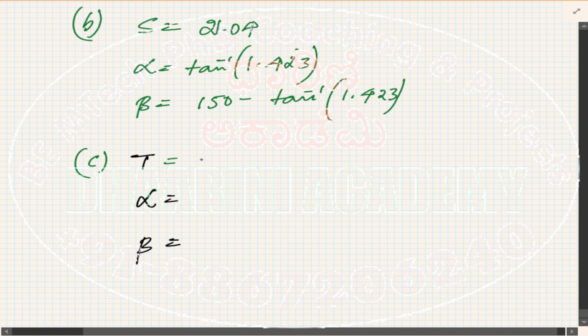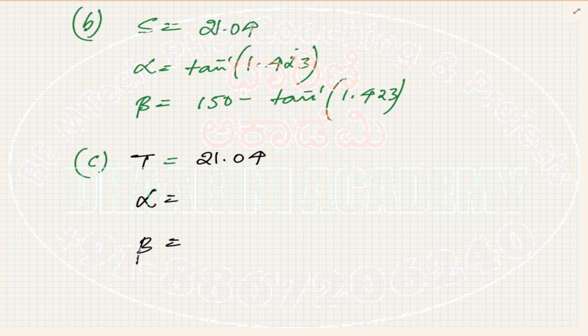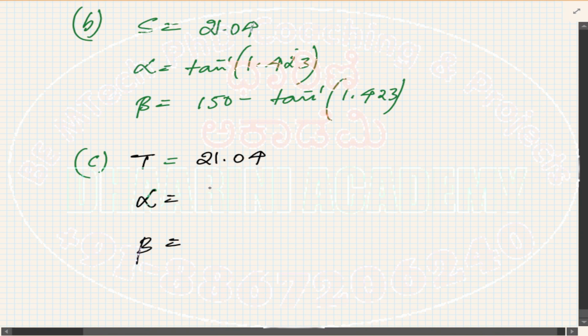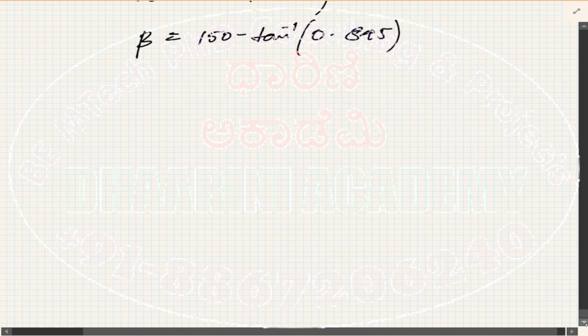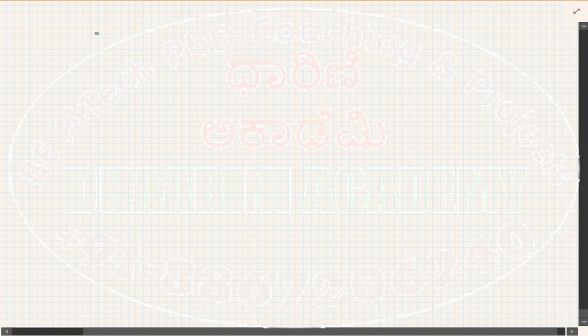T remains 21.04. Okay, .845. B should be 845. Okay, that's how we represent, right? Sum and difference is over. Now before going further to the different types of operations, let's look at some other vector representation,